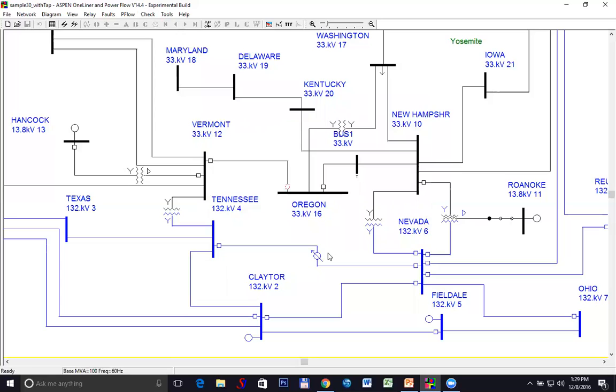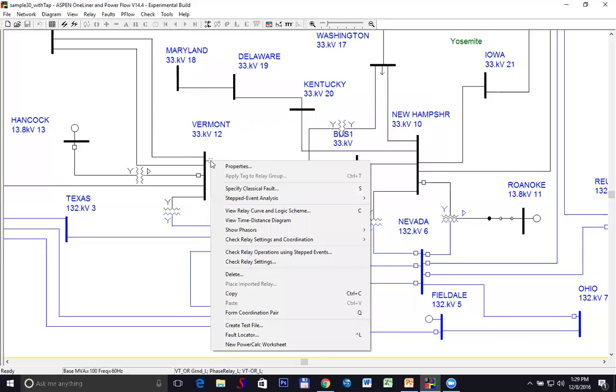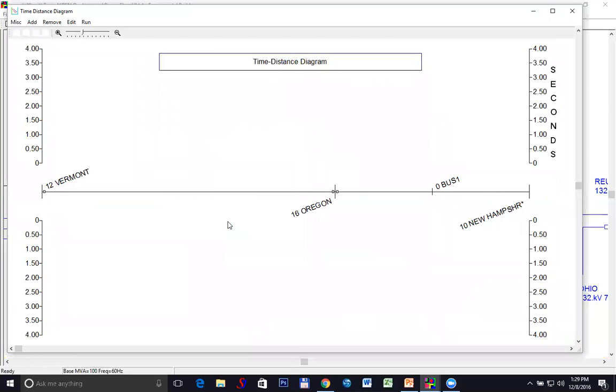Before I actually even show you this new command, I want to show you something about a new feature called the time distance diagram. It was made available in version 14. So if I highlight this relay group and say view time distance diagram, I will see something like this.